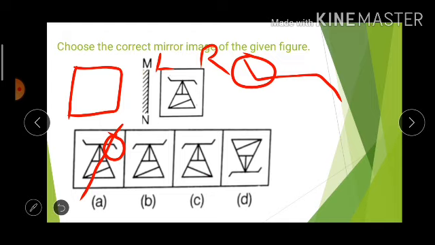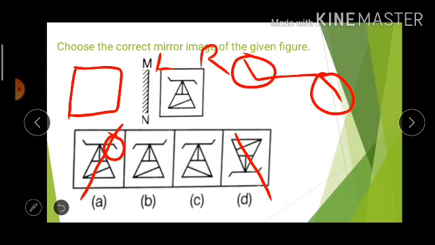In option B, it is pointing upwards. In option C, it is pointing upwards. As of now, options B and C are okay. Now in option D, the whole image is inverted. I am not interested in an inverted image. I want lateral inversion only. Now the line pointing at the bottom, the line at the right hand side of the original image, will be in the left hand side of the mirror image. Both B and C have lines that are pointing downwards, so both options are okay as of now.